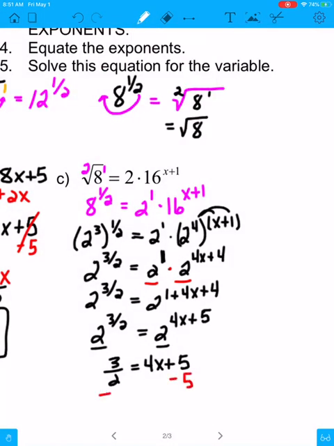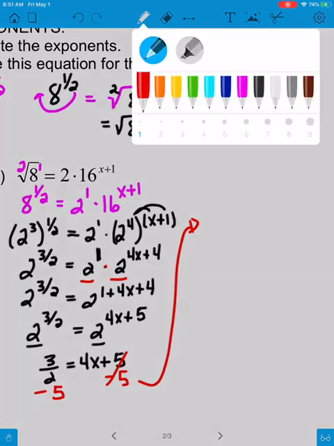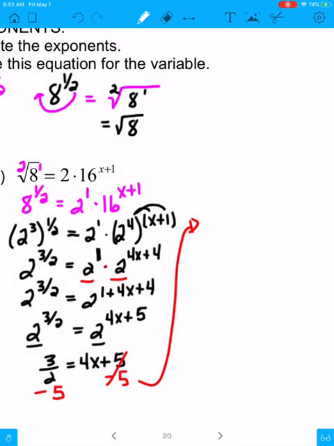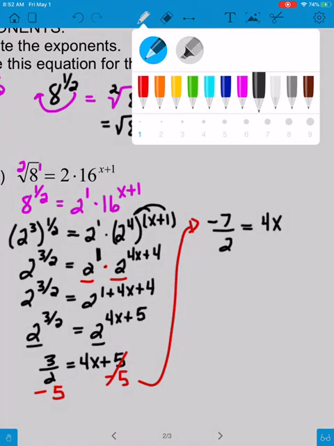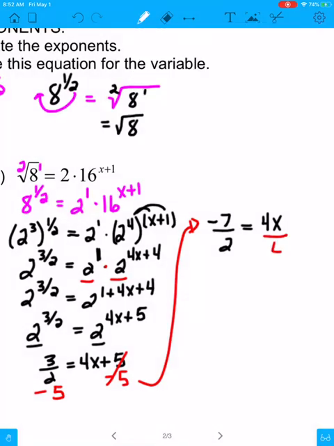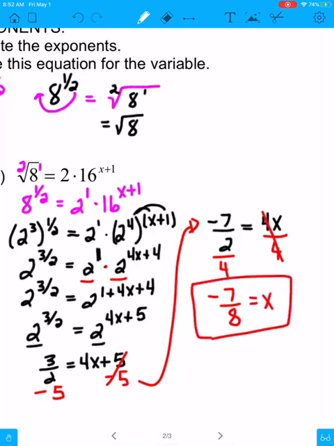Subtract 5. Let me carry on up here. When I subtract 5, I'm going to get 3 over 2 minus 10 over 2, which is negative 7 over 2, equals 4x. And then I'm going to divide by 4. When I divide by 4, it's multiplying by a quarter, so I'm going to get negative 7 over 8 equals x. Once again, I can plug this into the original, see if left side equals right side,